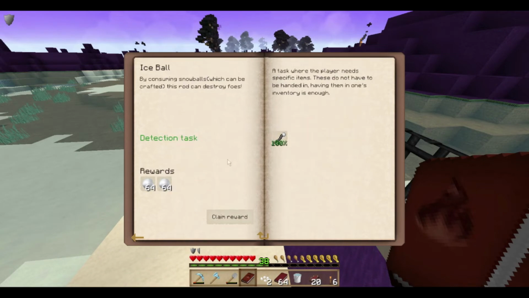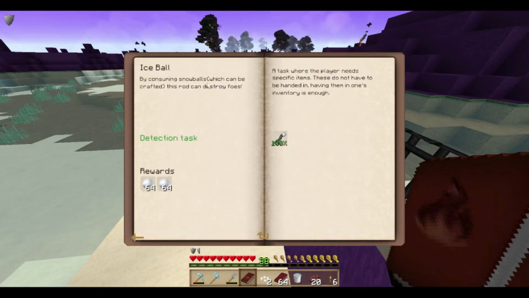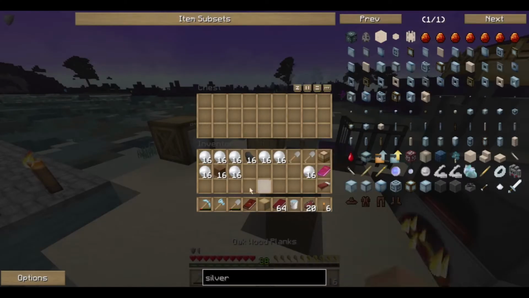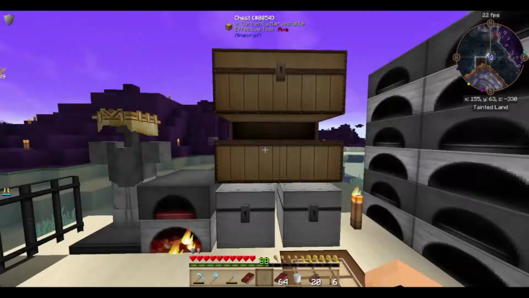Ice Ball. Oh! This is from when I went exploring. This uses snowballs to kill. Okay, neat. Uh-oh, where am I gonna put these snowballs? Uh-oh, shit. So if it fell in the hole...